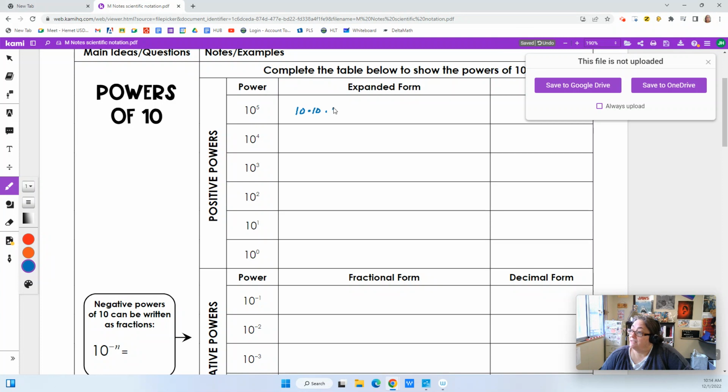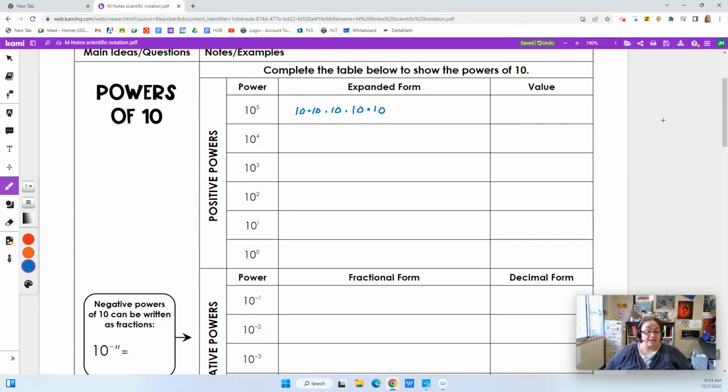times 10 times 10 times 10 times 10, right? In its expanded form, that's what it would look like. And that 10 times 10 times 10 times 10 times 10 has a value